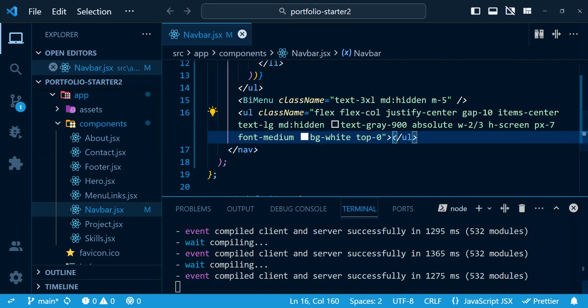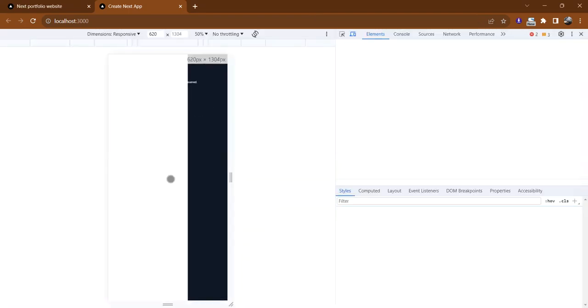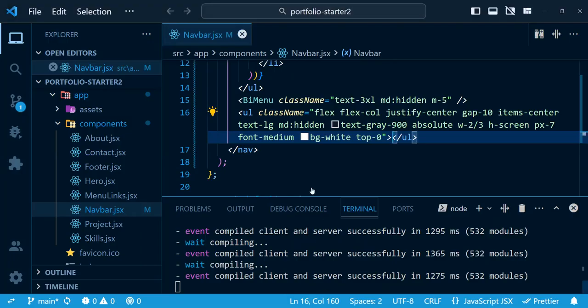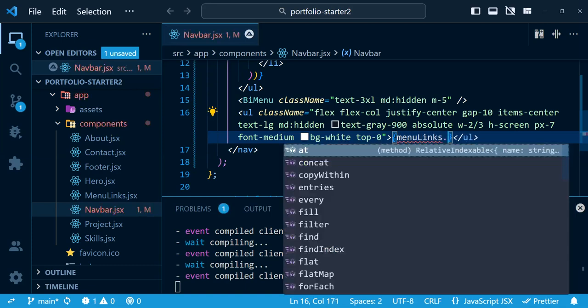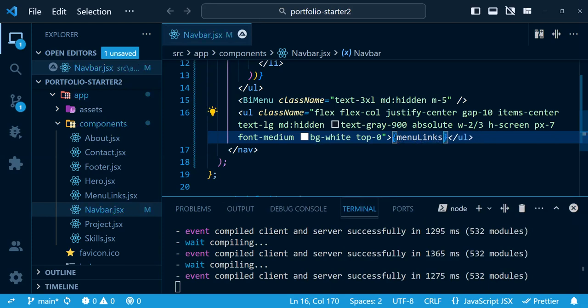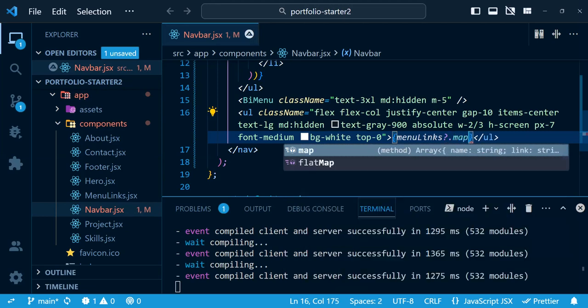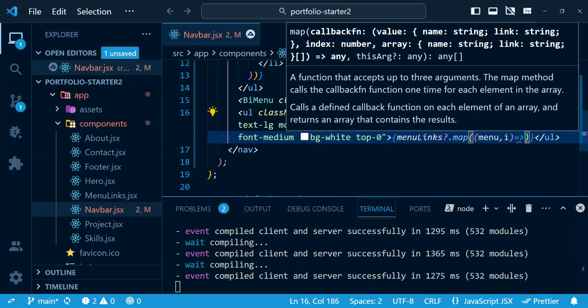We didn't render the element yet. If we inspect this, you can see it will be an empty box. We didn't render each element, so let's render each element. Inside the UL element we need to create again the menu links. Let's map over each menu link, and let's create a menu and index, and let's create a function, and the function will render a list element,